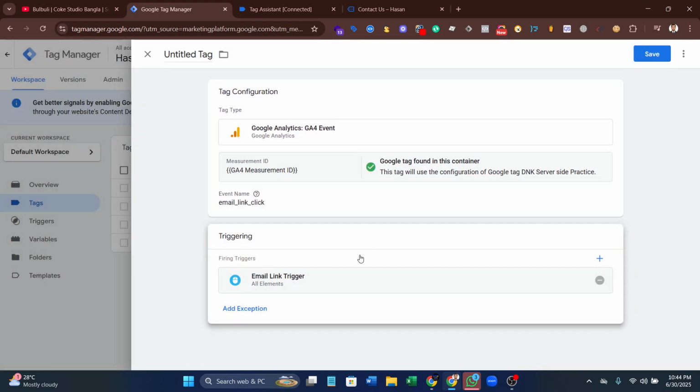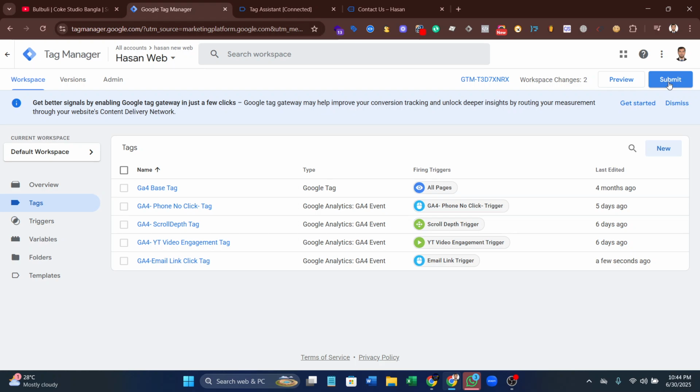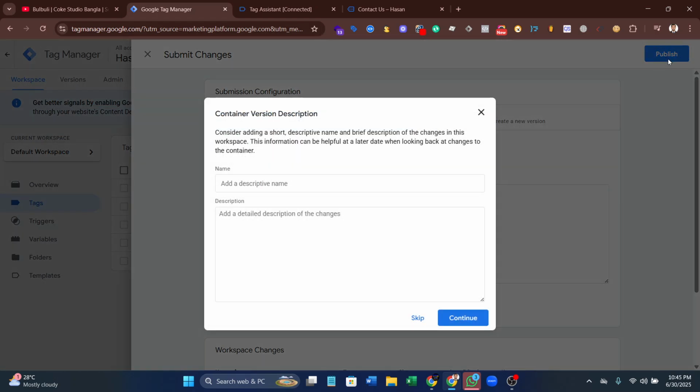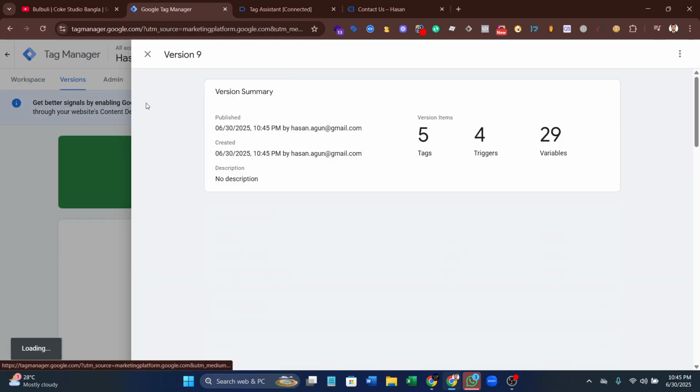Email link click trigger. Name the tag email link click tag. It's for GA4, that's why I am writing GA4 email link click tag. Just save. It's a good habit to publish, because if you don't publish, it will not work in other browsers, it will